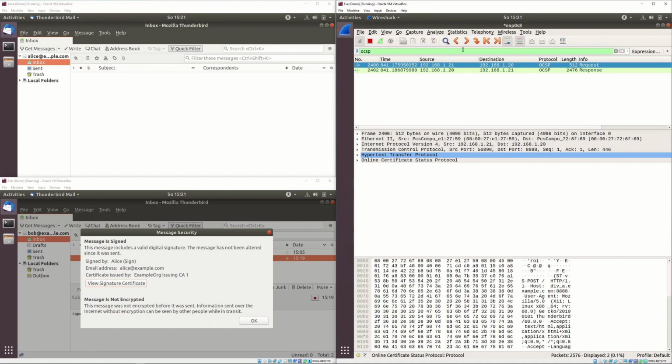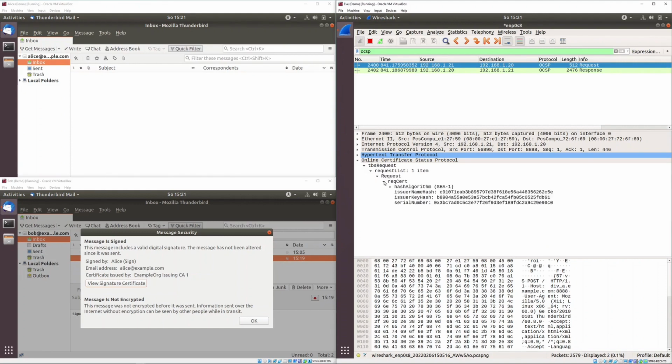As for the purpose of this demonstration, I had the OCSP responder of the issuing CA1 run on Alice's machine and configured the underlying DNS system to point the URL contained in the certificate of Alice to the machine of Alice. Drilling down into the OCSP request packet, it's clear that this is an OCSP request packet requesting the certificate